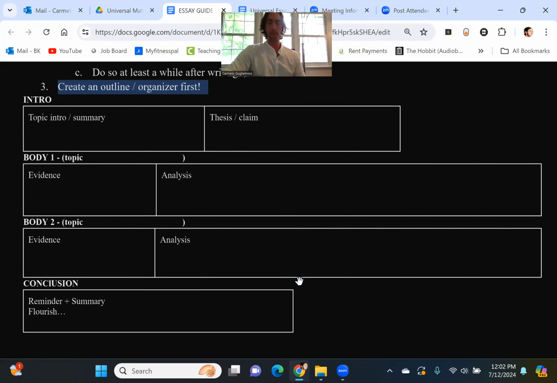Okay. So that, in short, is a basic outline of the things we want to think about when we're actually writing an essay. Those are the basic skills, the basic things we want to be aware of. Now, the actual process of teaching those things and learning those things is of course best done in the classroom. I will probably put out a video at some point of me actually writing an essay and show you the steps and the processes of what that can look like. But I'm not going to do that here. This was meant to be more of just a quicker overview of all those basic skills.